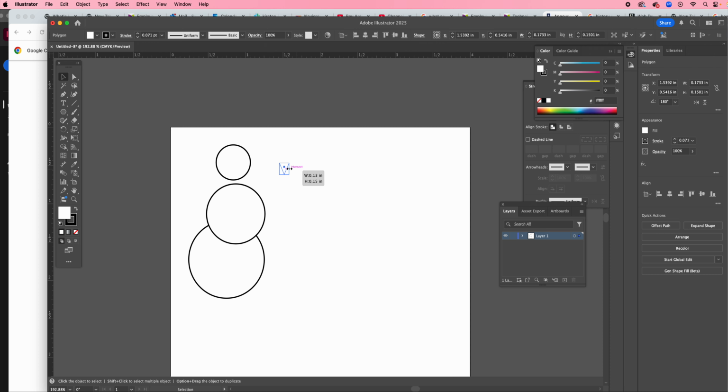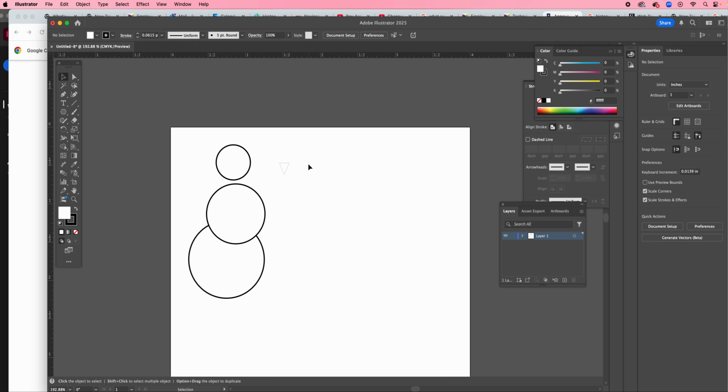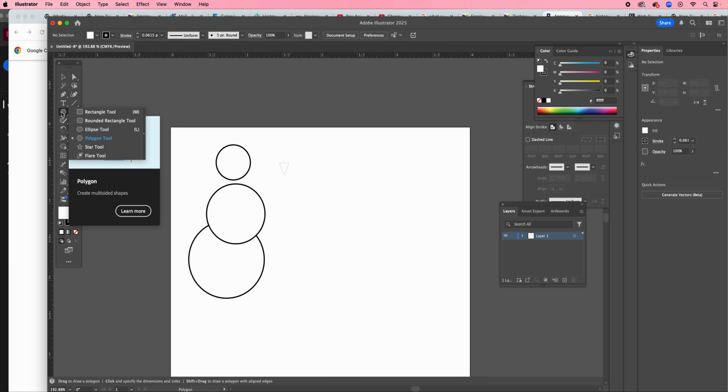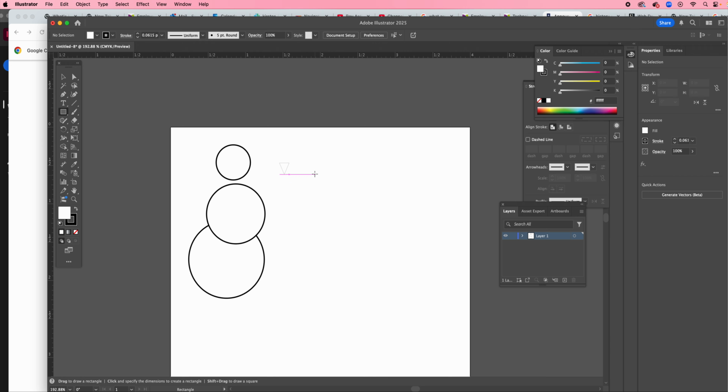So that will resize it unproportionately. All right, you can click your artboard to unselect it. Now I'm going to need eyes, charcoal eyes actually. So if I hold down the polygon tool, because that's the last one we used there, and I go to the rectangle tool, I'm going to create two perfect squares the same way I created perfect circles, holding down Shift. So there's one,